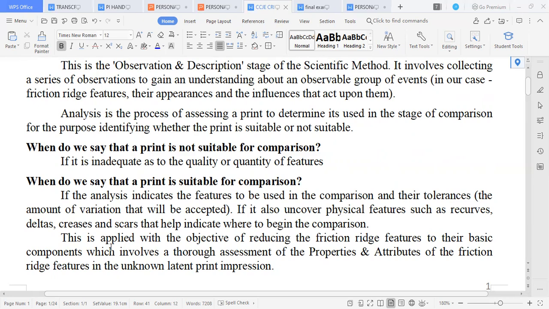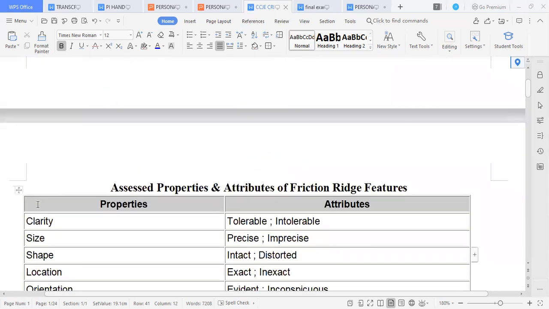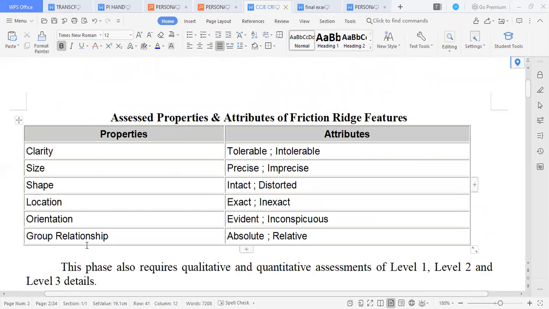So just take a look at the answer to this question. Not suitable and suitable for comparison. So there is a corresponding answer for this. Okay, so this is now a chart that would also guide you on how to deal with the properties of the fingerprint or the friction ridge features and